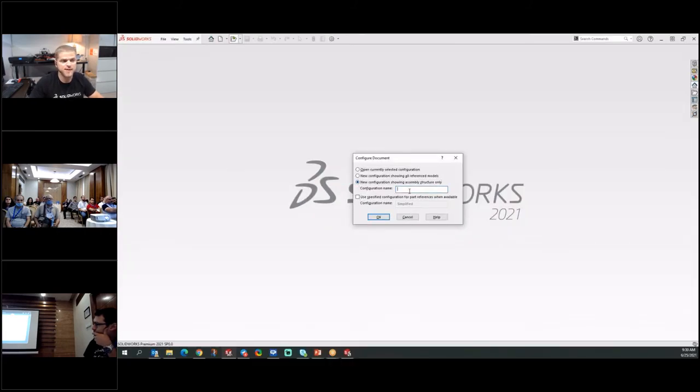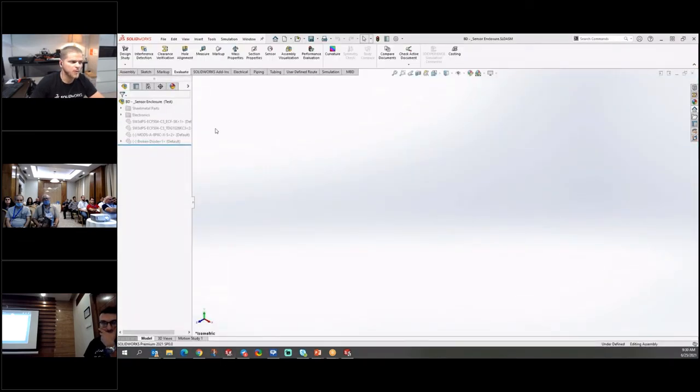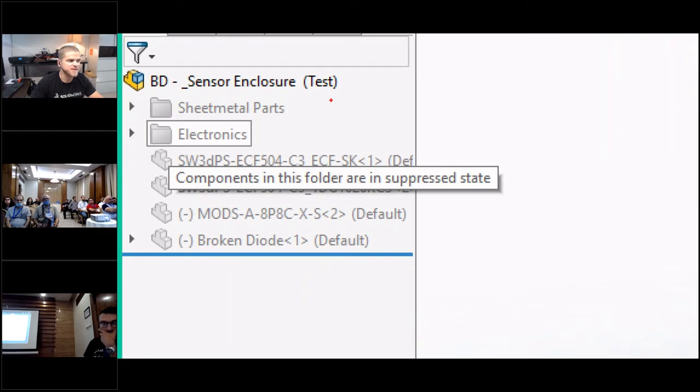You can type in a name here. This is an interesting option. So if I do this, and we'll just call it test, my caps lock is on, test. It opens up the assembly, but it suppressed everything. Every single part in the tree here is suppressed. So now I can start unsuppressing one part at a time.